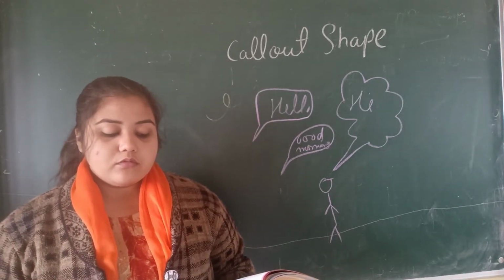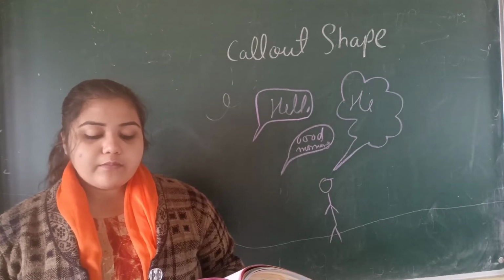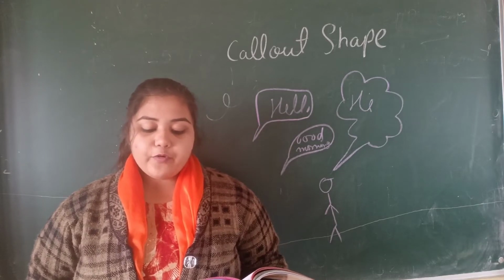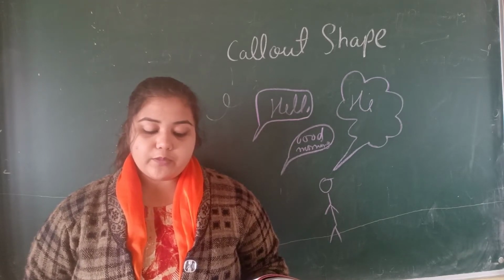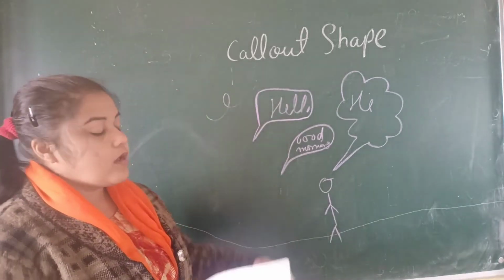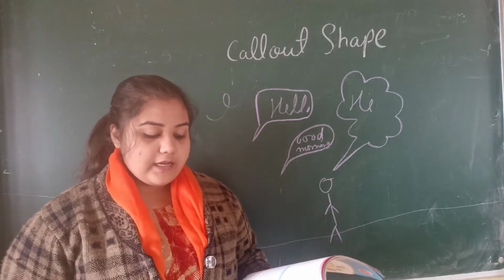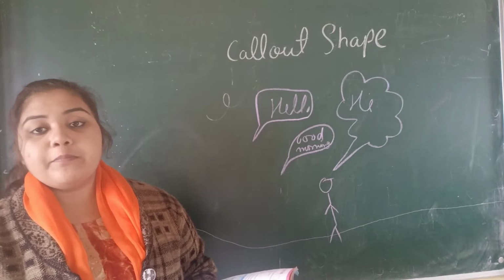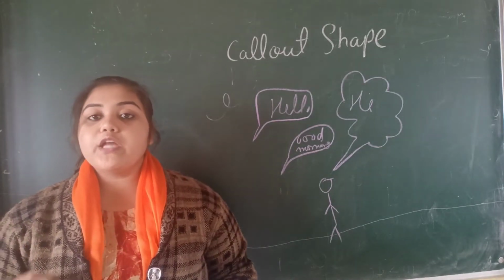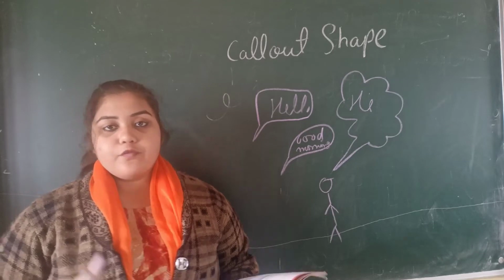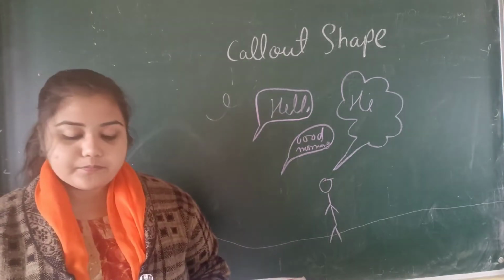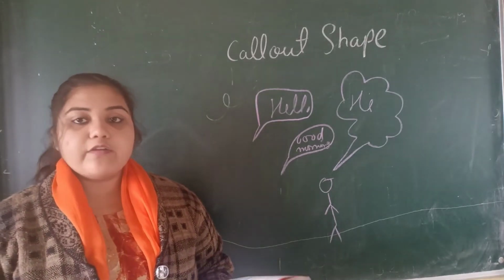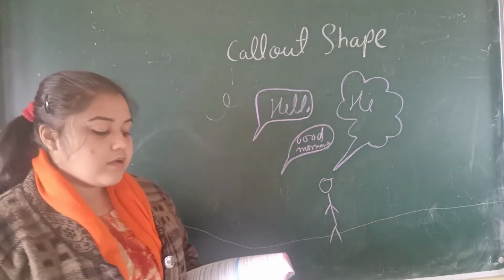What will you do? You have two options. Either you draw them by using different tools of Paint, or you can make use of callout shape. Paint provides you with three different types of callout shape: rounded rectangular callout, oval callout, and cloud callout. If you want, in Paint you can use your pencil or your brush to draw it, or you can use these three types of callouts. You can use these callouts as speech balloons, meaning whatever dialogues you speak will come in this callout.